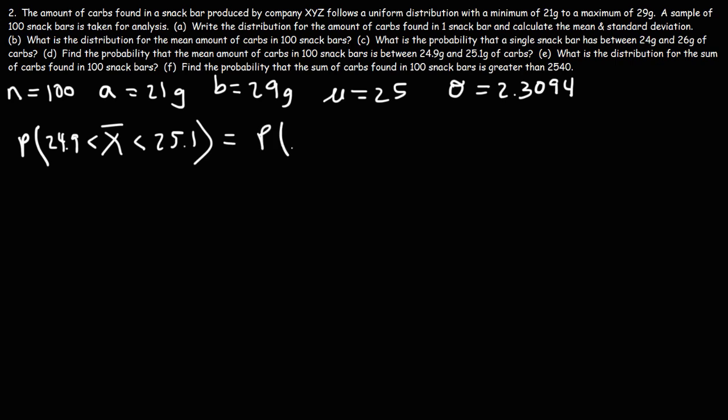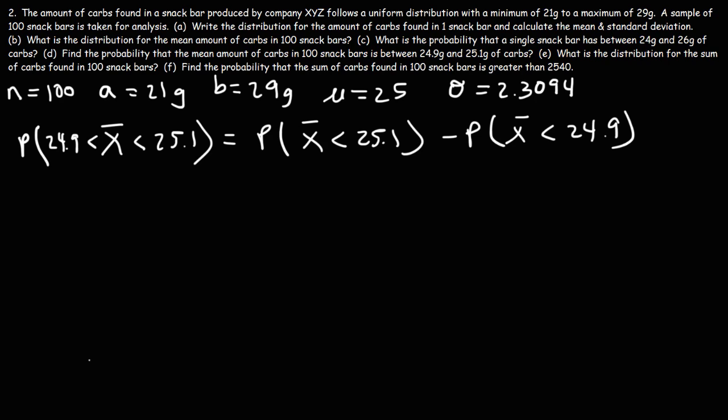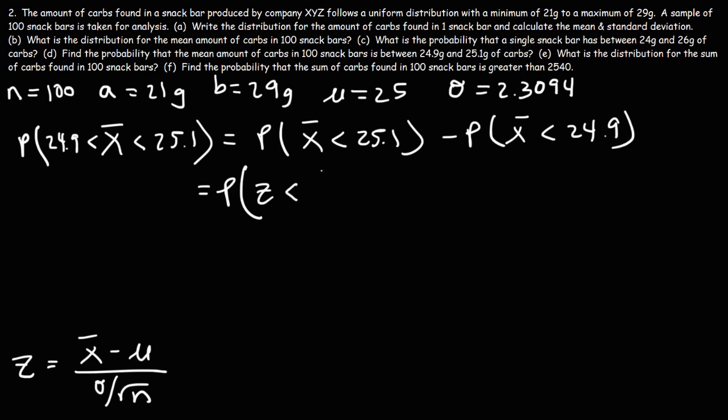So this is the probability that x bar is less than 25.1 minus the probability that x bar is less than 24.9. So now we need to calculate the z-score. So we're going to use this formula. It's going to be x bar minus the mean divided by the standard error. So this is going to be z is less than x bar, which is 25.1, minus the mean of 25 divided by